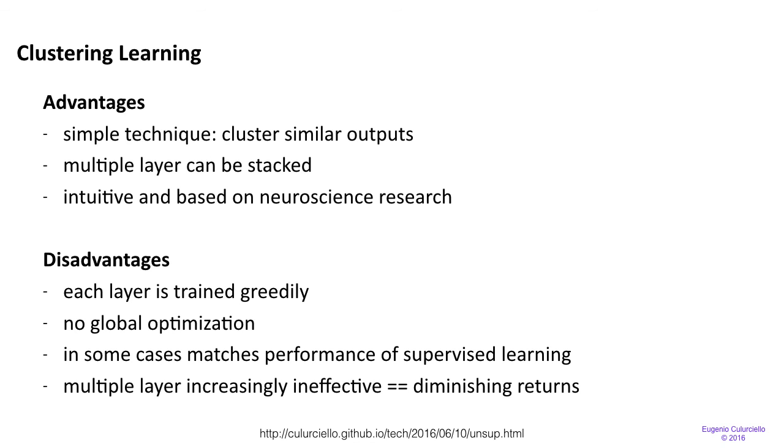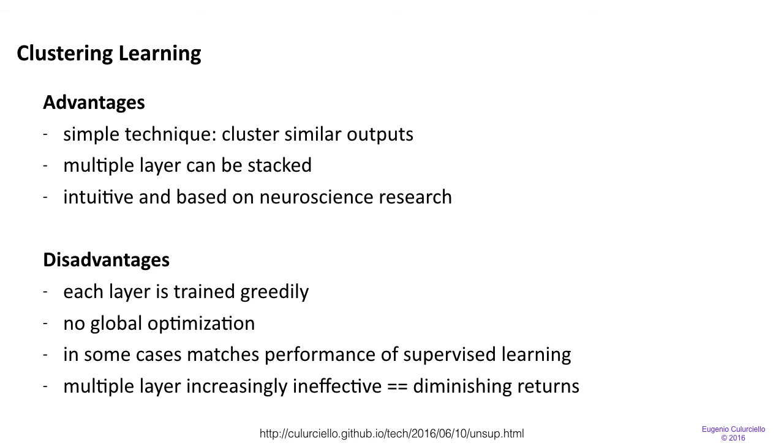So to summarize, clustering learning has the advantage of being a simple technique. It clusters similar outputs together and is able to stack multiple layers, so you can have a complex neural network with multiple layers. It's intuitive and it's based on neuroscience research and Hebbian learning, a derivative of the Hebbian learning model. The disadvantage is that each layer again is trained greedily without the global optimization that seems to really penalize the network. In some cases,